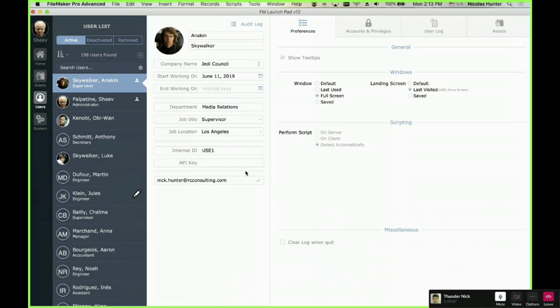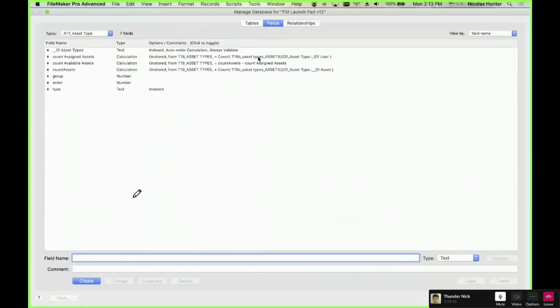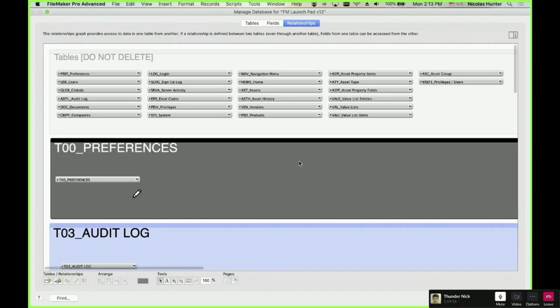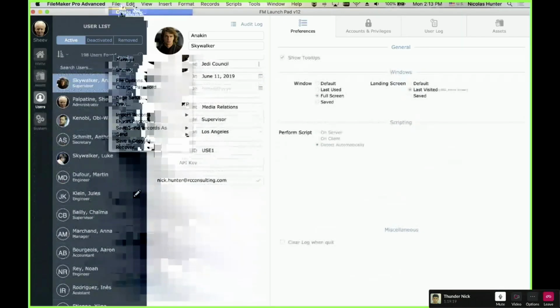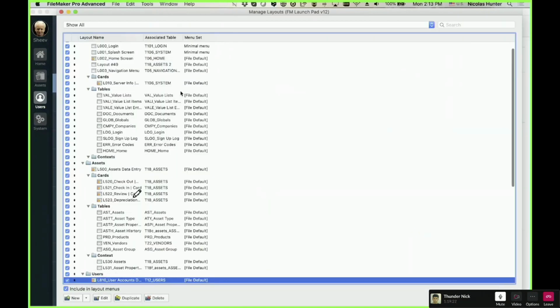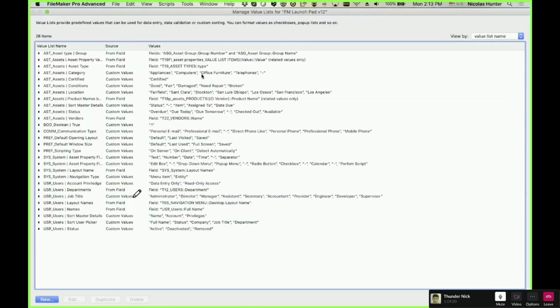That means we are going to transplant this solution, all the tables, all the fields, all the relationships. We are going to transplant all the layouts, all the scripts, and all the value lists.